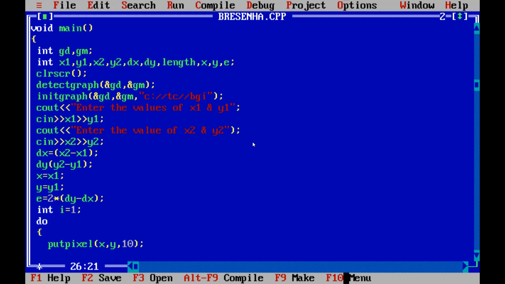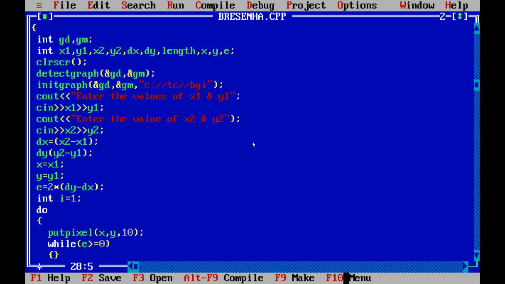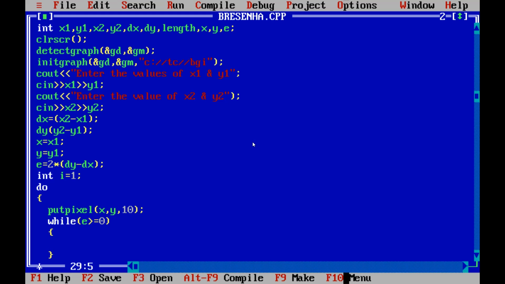Okay, then in this do while loop we again have a while loop for the decision value e. If e is greater than or equal to 0, then we write y is equal to y plus 1, incrementing the value of y.